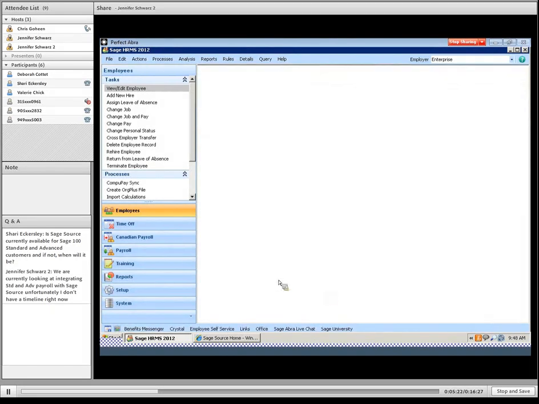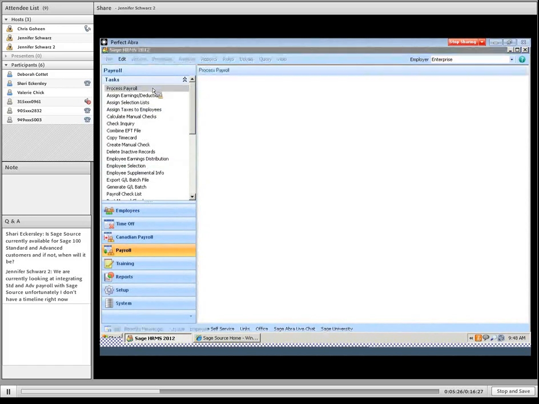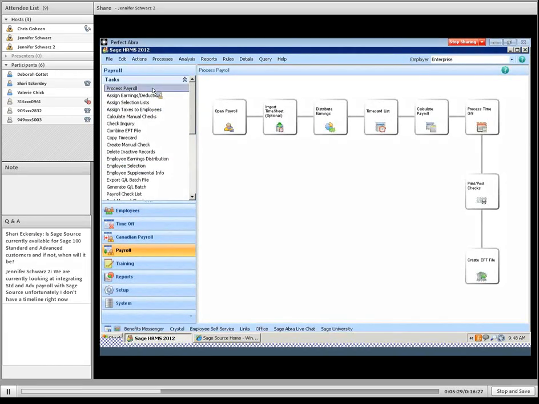Moving outside the employee's information itself, I wanted to jump over quickly to the actual payroll process and walk you through the steps involved with processing a payroll. Now, with payroll standalone, we do not have the open payroll process. That is something that comes along with the HR side and helps ensure that we have the latest and greatest